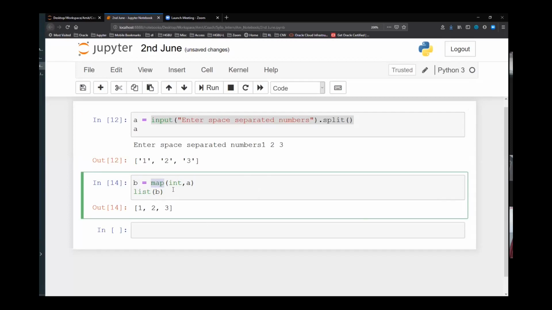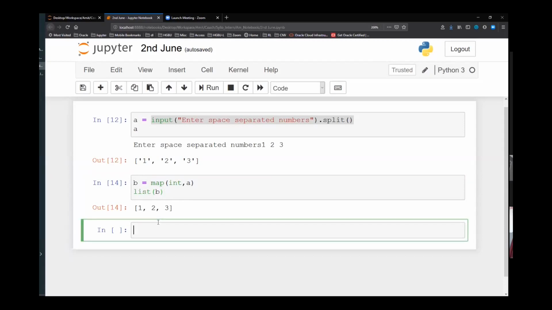I'm not sure whether you guys participate in competitive coding or not, but if you don't, start doing that. And there, most of the times when you are taking user input, you will be required to take these kind of things, like you will need to do map and other things to convert everything to integral values. So this is one way. Another way could have been go in a loop, like for i in, or okay, let me take another example.